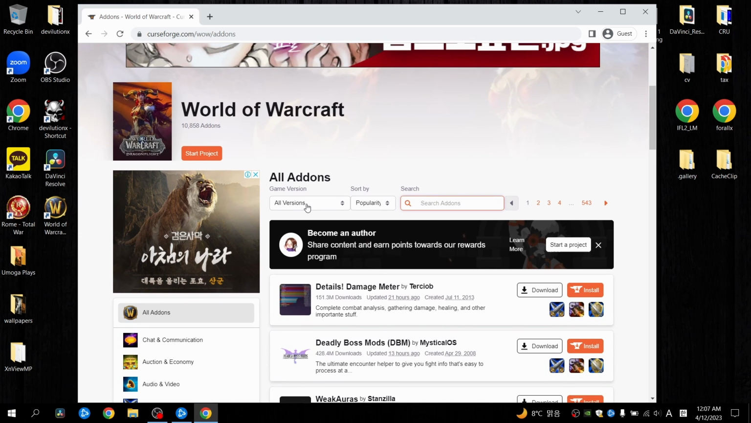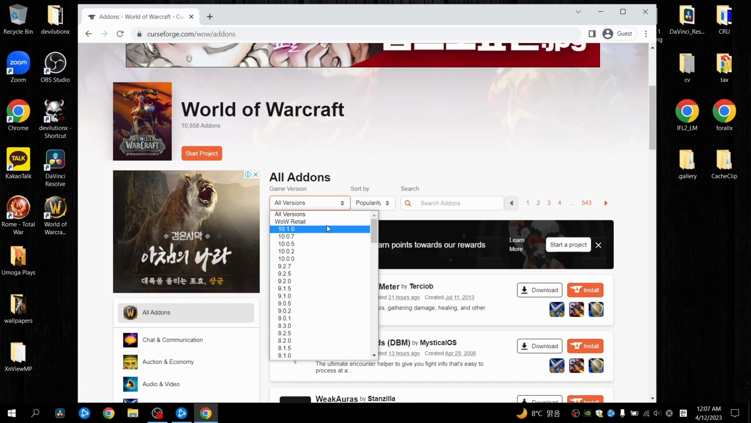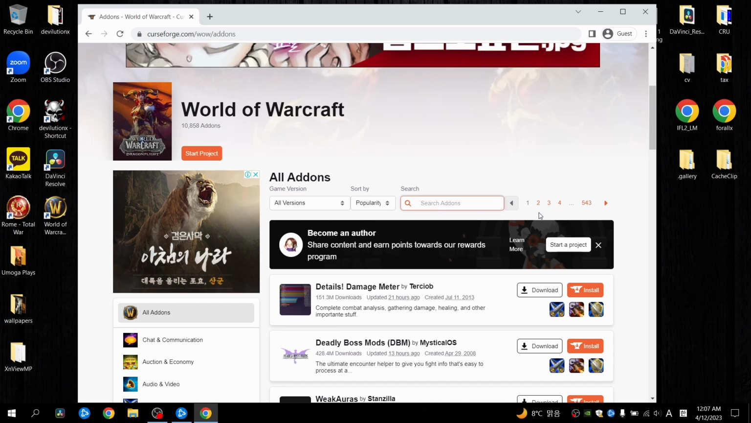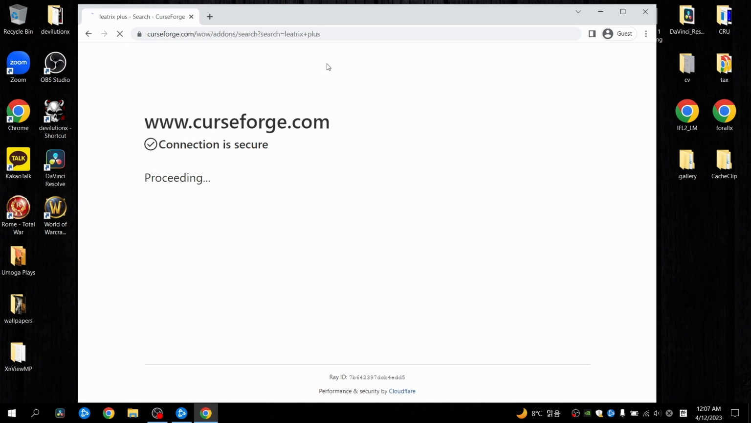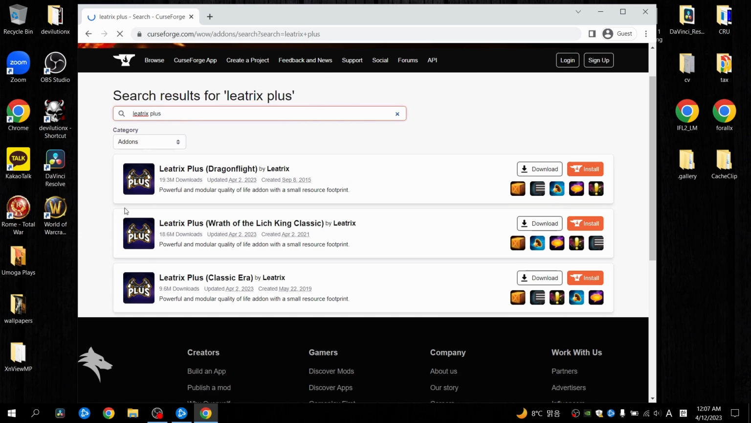So yeah, you can scroll down over here under game versions and find your game version. I'm going to do it the easy way. Go into search and type in Leatrix Plus. Okay, and since I'm doing Classic Era, I go into that. If you're doing Wrath, go into Wrath, Dragonflight, Retail. Okay,